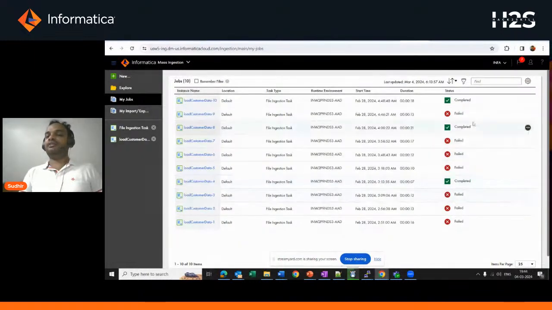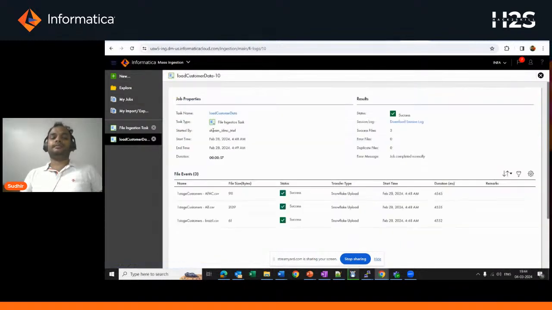So if there is any failure, you can simply click on the task and see the reason behind the failure of your task. And if your task is completed, you can see the duration of the task. So let me open this particular execution. You can see the start time, the end time, and the amount of time the task has run for. You can download the detailed session log,